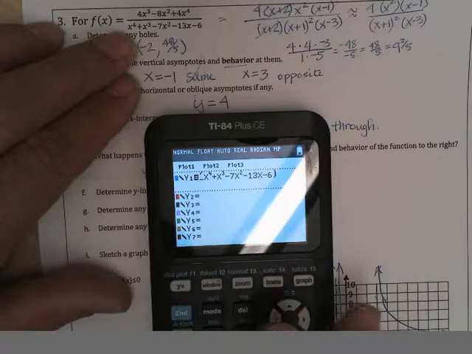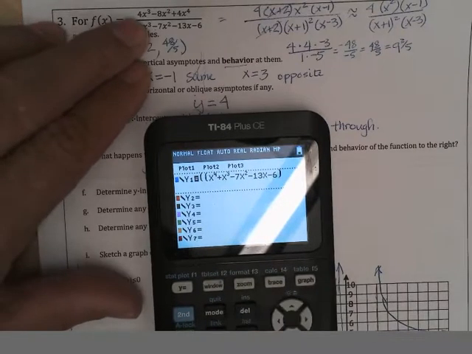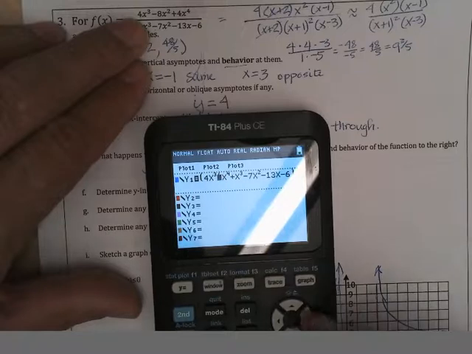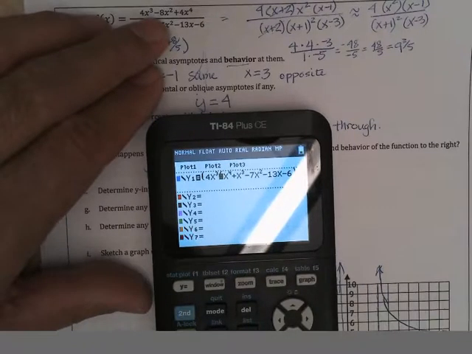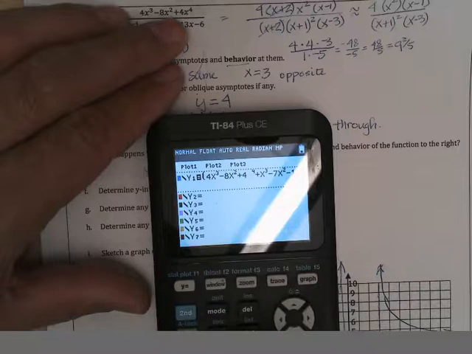Second insert, and I want to go parenthesis 4x to the third minus 8x squared plus 4x to the fourth, down and close parenthesis,